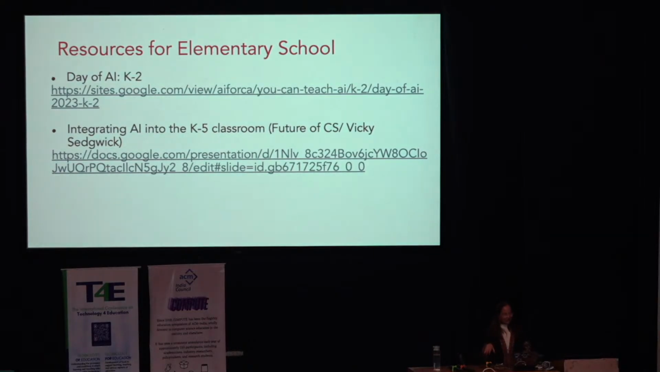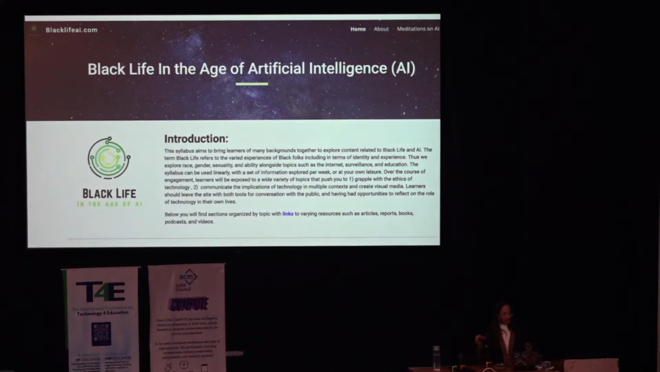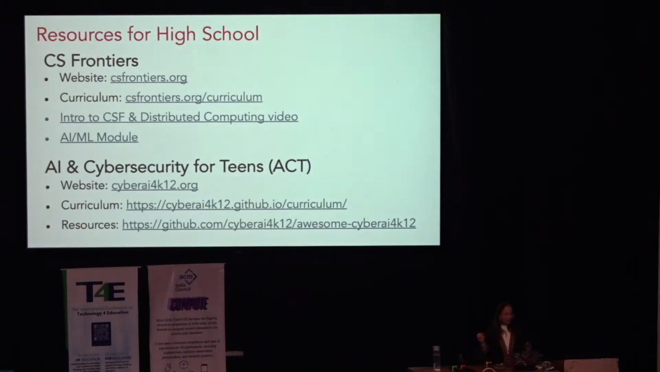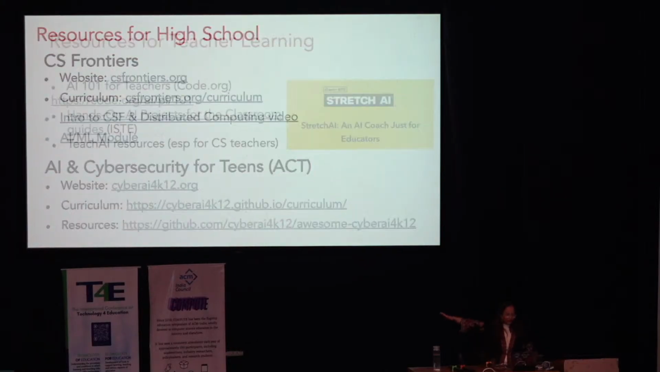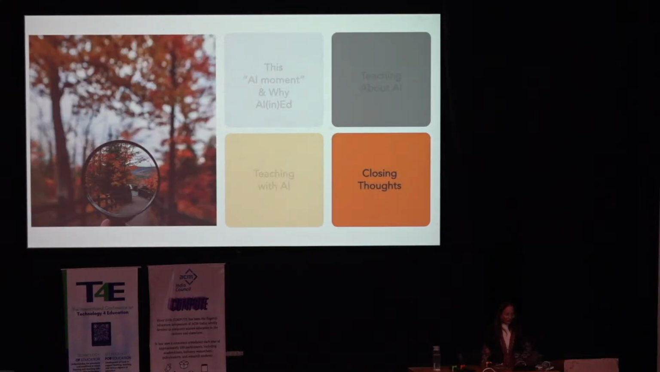And there's a lot of resources out there already, freely available, on ai4k12.org. They're maintaining a list for elementary school, middle school, and high school, with projects such as Black Life in AI, focused on ethics and impacts of AI specifically on Blacks in the US, and resources for high school. These are my 2 projects. It's all freely available. And resources for teacher learning on ISTE, etc. So, closing thoughts,